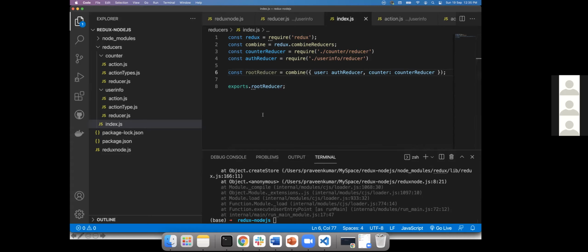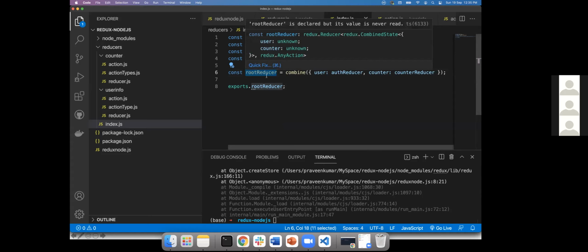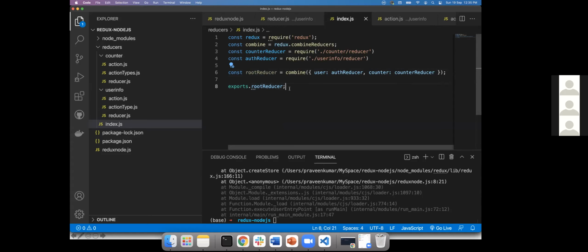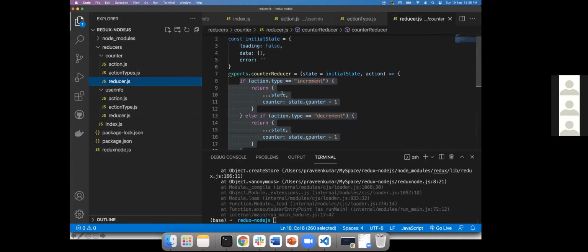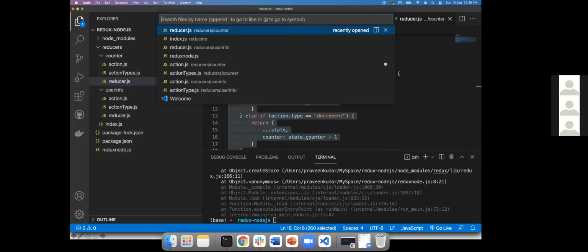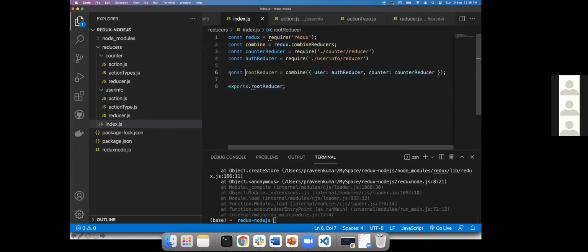Okay, so this one. Why is this like this? Value never used. But why? Export dot. Okay. We don't need this export dot. I always get confused about this in general. So what was the issue?